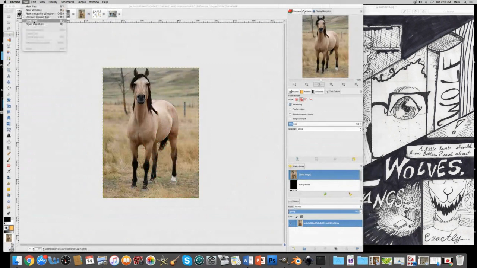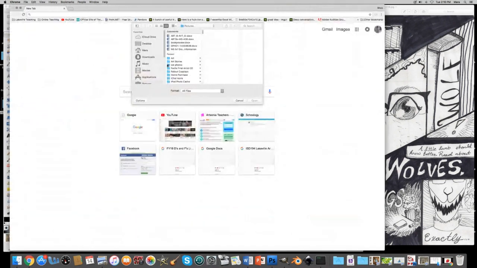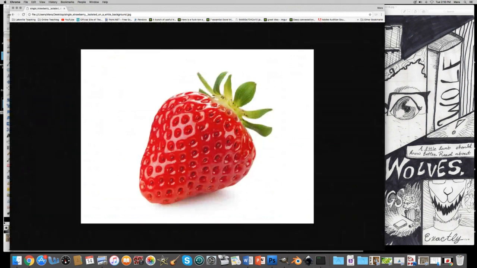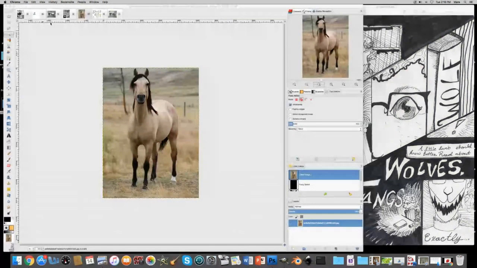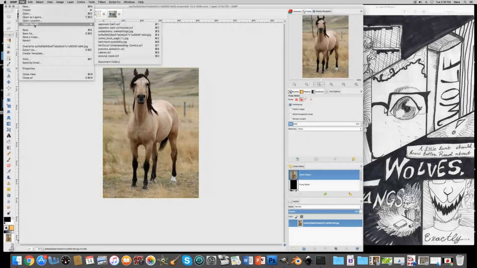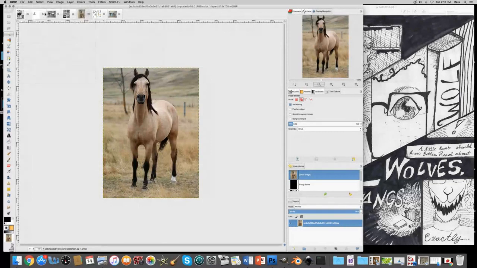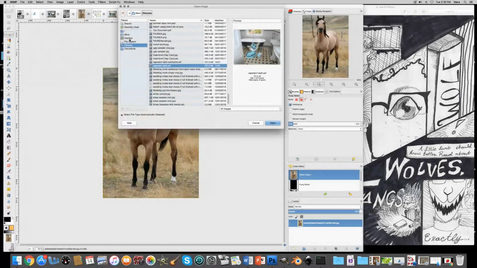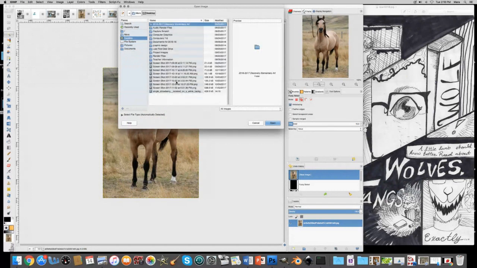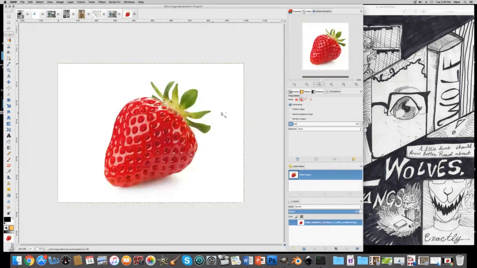And file open. Going to find that file that I just downloaded. There's my strawberry. Okay. Except I wasn't in GIMP. Let's try that again. Open, open. Downloads and desktop, and where's my strawberry? There it is. Okay. So now I have my strawberry, and now you can see to select this one using